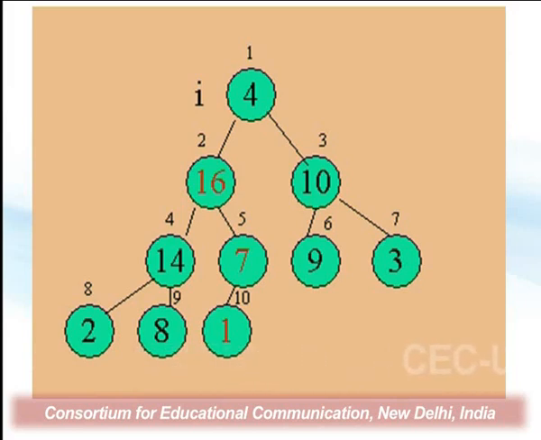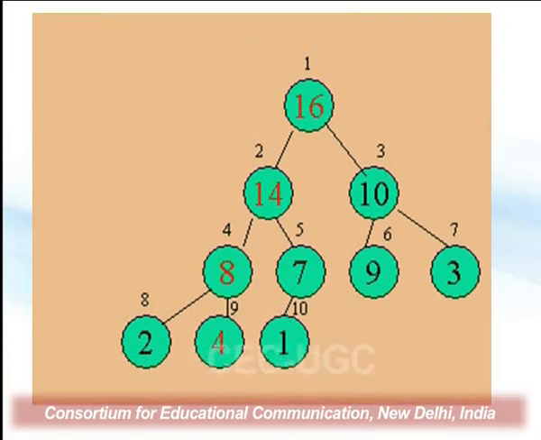So, again this is not the max heap, and then 8 and 1 will be swapped again. So, the element 4 which is present at 1 will percolate down to the last level, first by swapping it with 16, then by swapping it with 14, and then by swapping it with 8. So, in the 3 iterations or 3 steps, 4 will take its own place, and now the tree